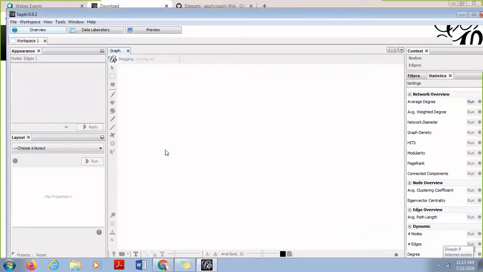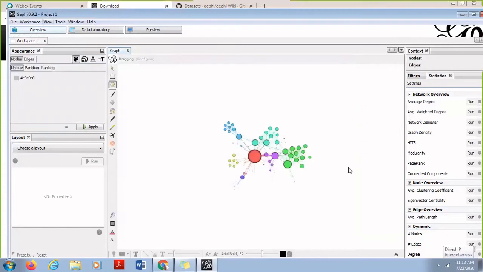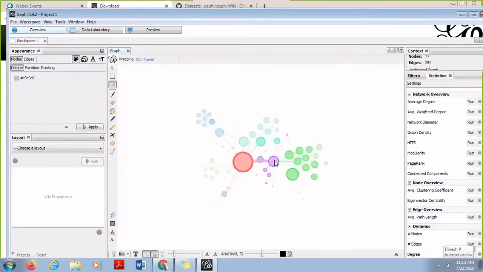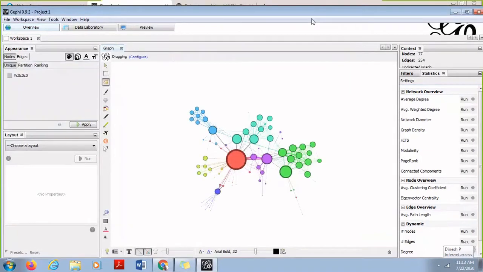Once you say OK, this is the screen which you are able to see. Here you can see the graph which is generated for the nodes. Now there are different panels available in Gephi. Let me help you with this. If you observe over here, there is something called the workspace, in which you will be able to see the nodes or the different visualizations of the graphs that you are working on.